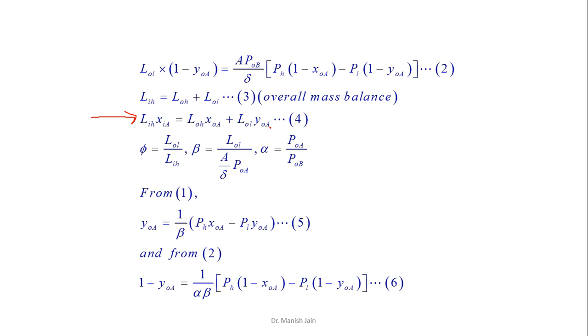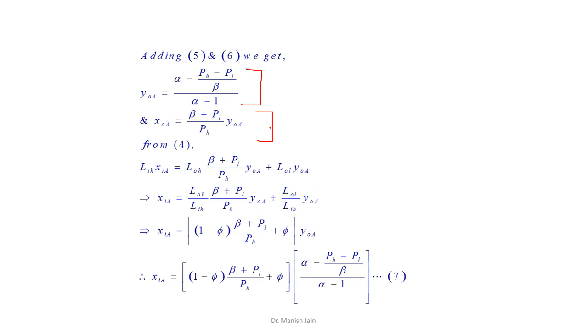This is the material balance for component A. So just substitute the value of XOA and YOA in